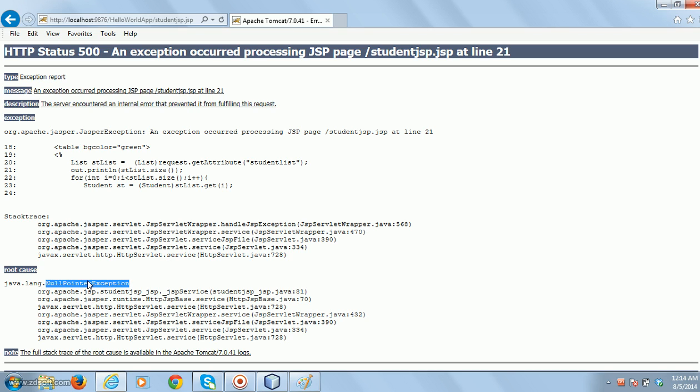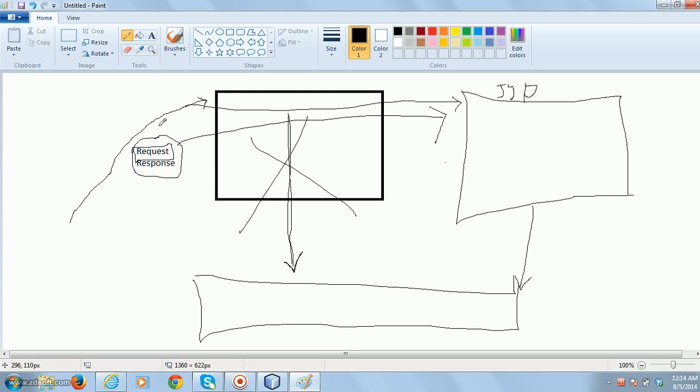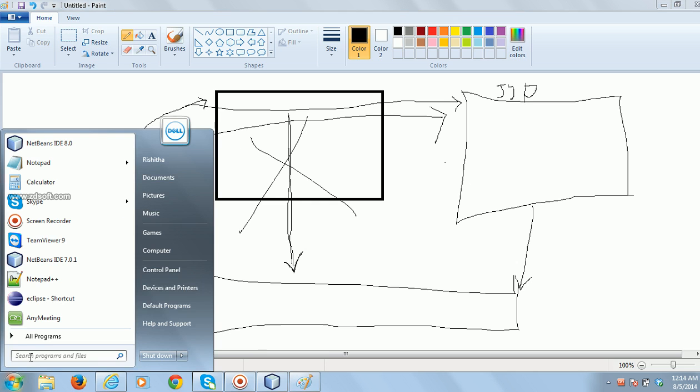I got the null pointer exception because when you forward the request to the JSP page, the original request and response object will be transferred to the JSP page. But if you use send redirect, what will happen is